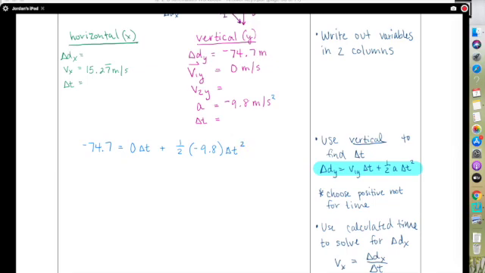So we will know that the first term is going to cancel out, it's just going to be 0. And so we're going to be left with negative 74.7 equals negative 4.9 delta t squared. Divide both sides by negative 4.9, and we get